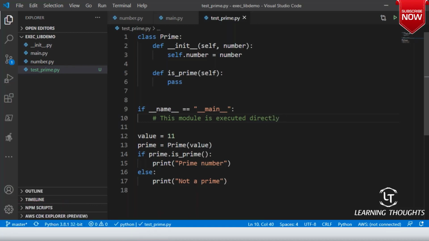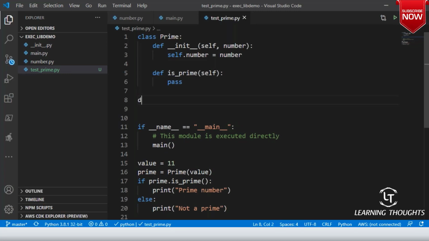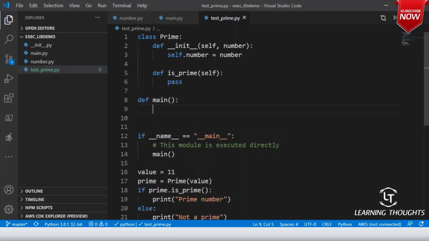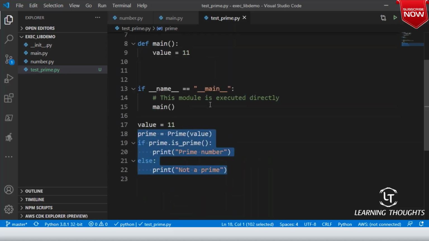In that case, I'll call a function called main, and I will define a main function, and inside this main function is where I will write all of this code. Am I clear on this, sir?